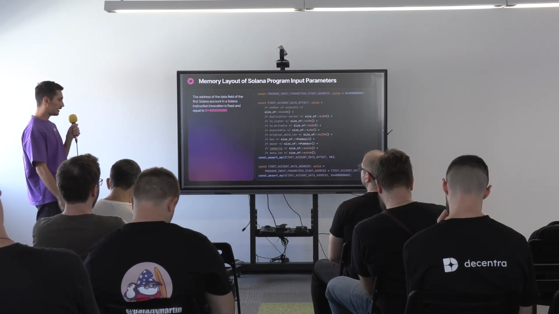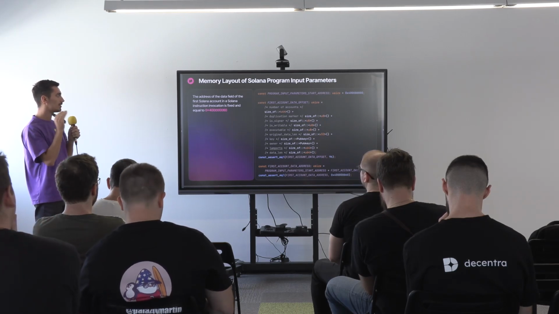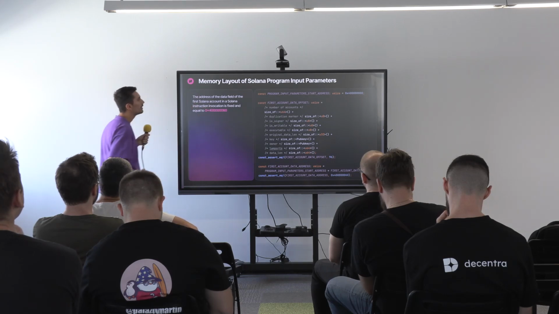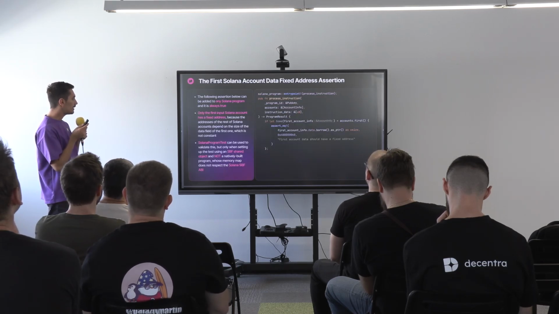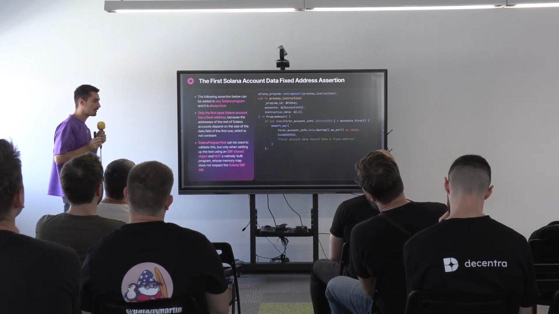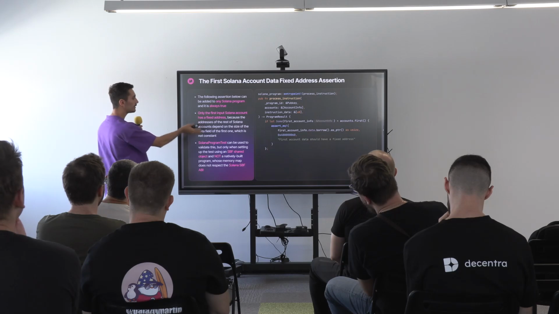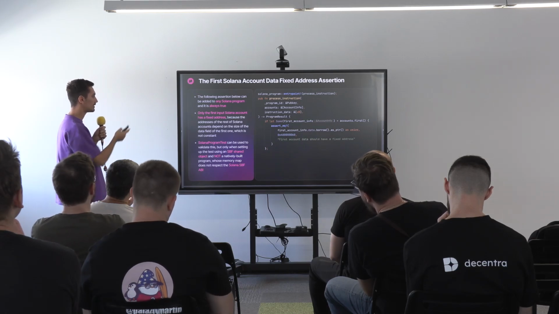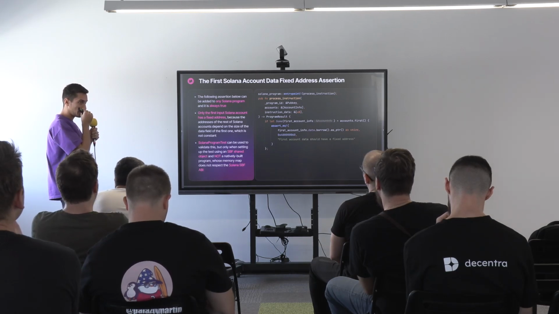The important takeaway from this slide is that the address of the first Solana account in a transaction is fixed, and it's always this value, 46. And we are going to exploit this in the next slides. There is a nice assertion that you can write at the beginning of any Solana program that has at least one Solana input account, and it will always be true. It is the one here. Basically, the address of the first account's data field is the one that we discussed before. Only the first Solana account upholds this